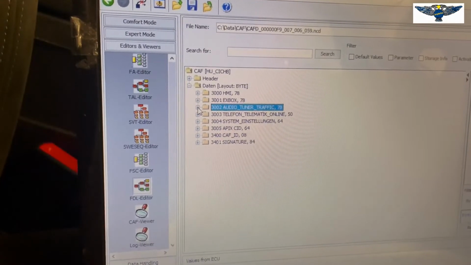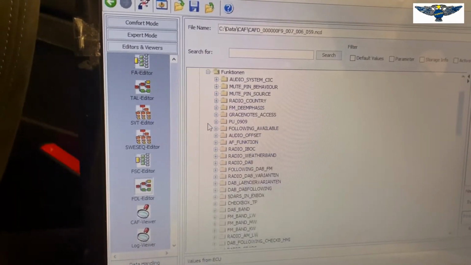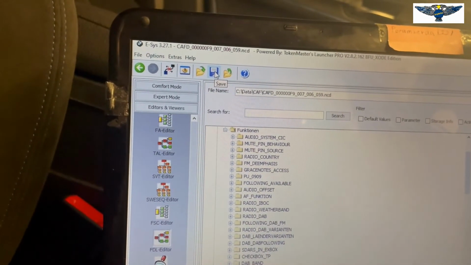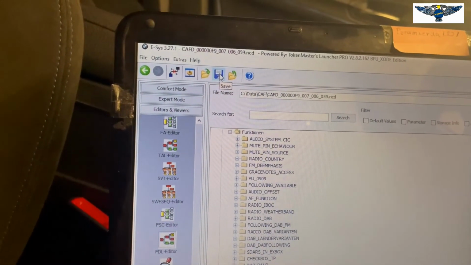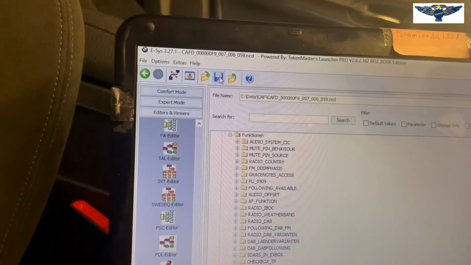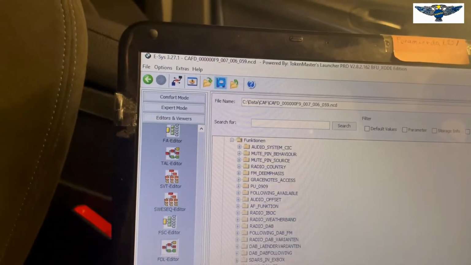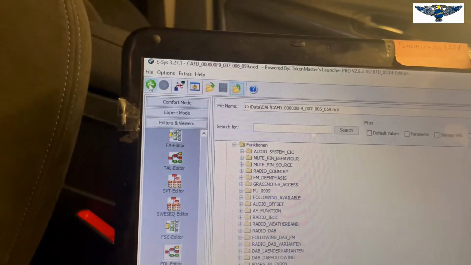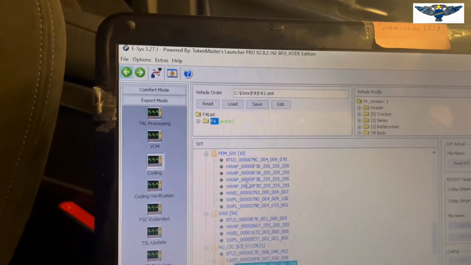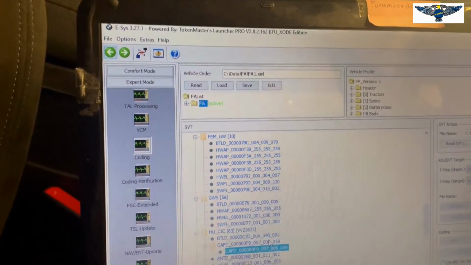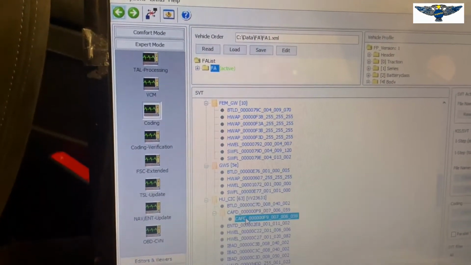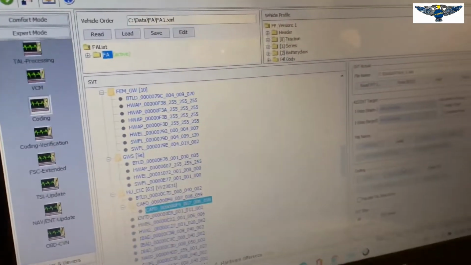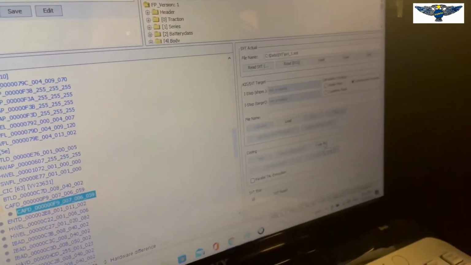So once you change those two things here, go to save, press on save like so, then go back, and then you can go to code FDL,